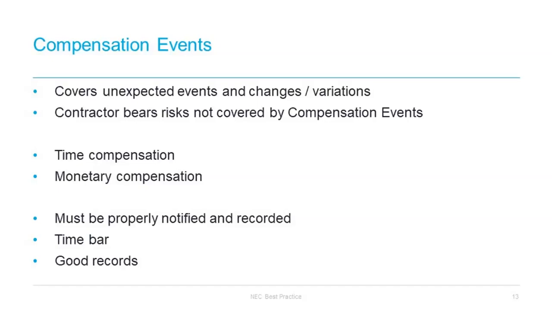The contractor ought to give an early warning as soon as the contractor thinks something could have an impact. But a contractor doesn't have to notify a compensation event until there's actually been an impact. So the key there is that you give your early warning as soon as you think something might have an impact, whereas a compensation event doesn't arise and you don't have to notify it until there has actually been an impact.